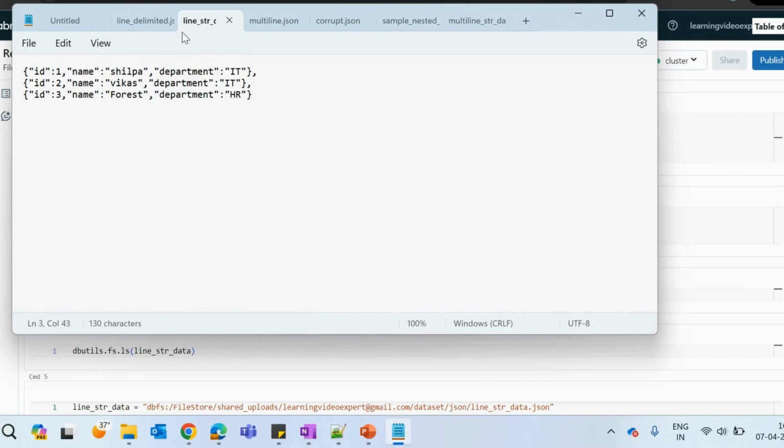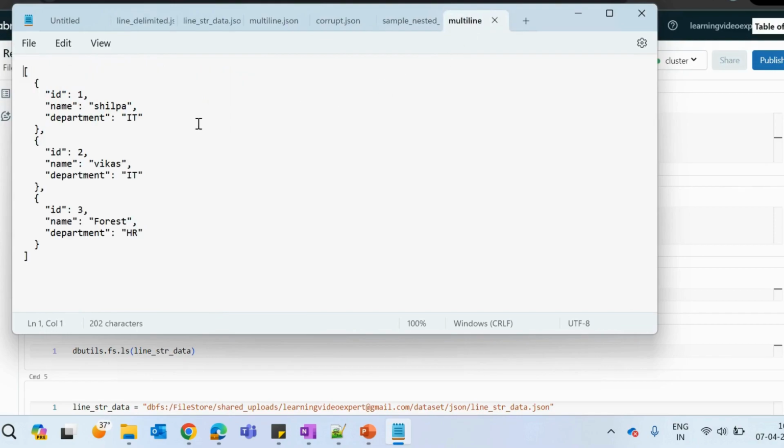Then we will see how to read multiple lines, and how to read a delimited line as well. First, let's see how we are going to read this data set. Then we will see, if we introduce another column called salary, how we are going to read that data.